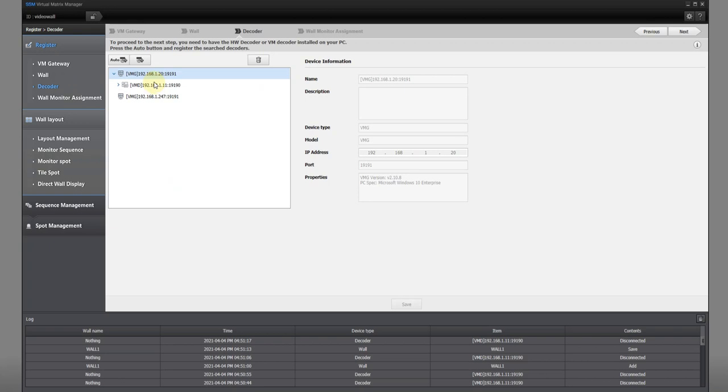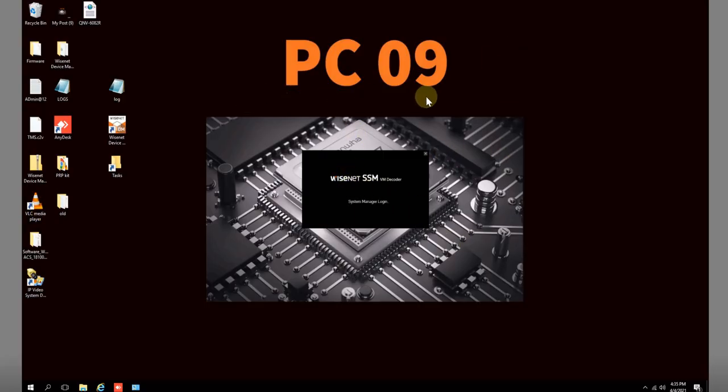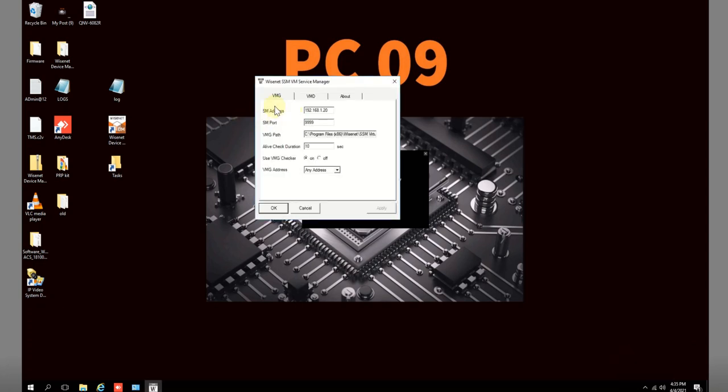Okay, now decoder is one part of the software, right, which you have to install on the PCs which are connected to the wall monitor. I have a PC here, which is PC number 9, and here in the PC, I have installed the Video Matrix software, but only the video display, VMD, only the VMD part. And you can find it here. This is the VMD part. My VMD, I need to enter the SSM IP address, and the VMD IP address is